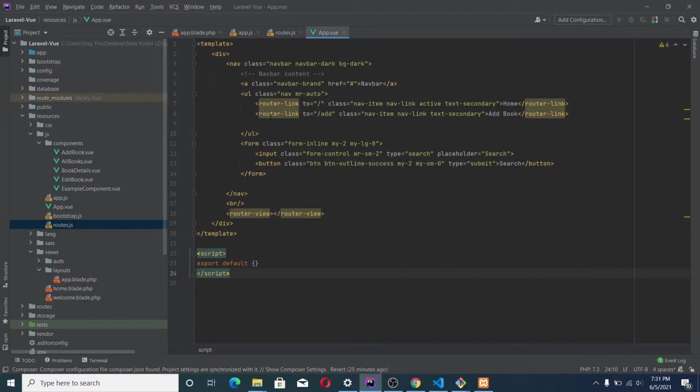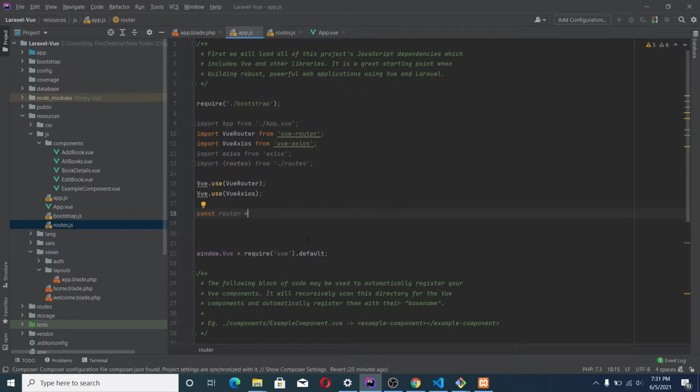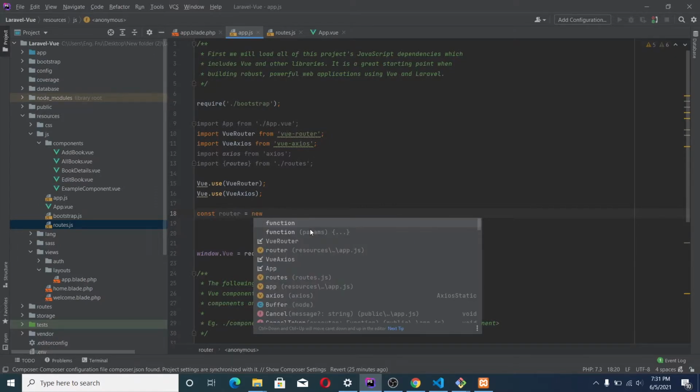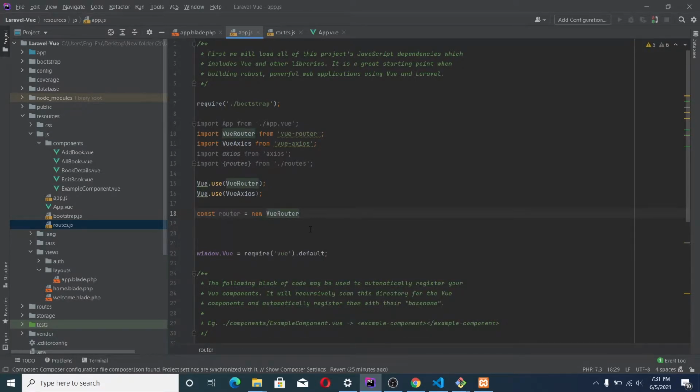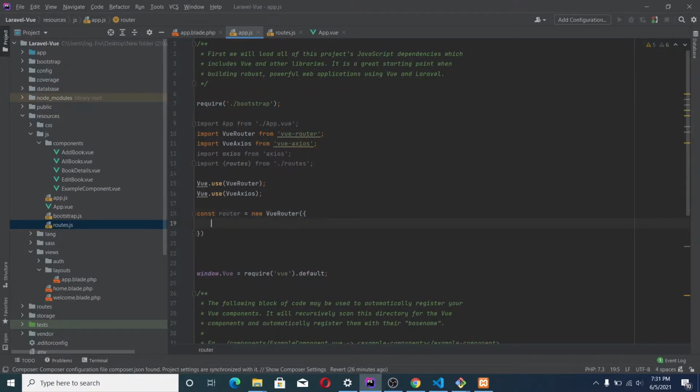So let's initialize our router here. Let's say new Vue Router.